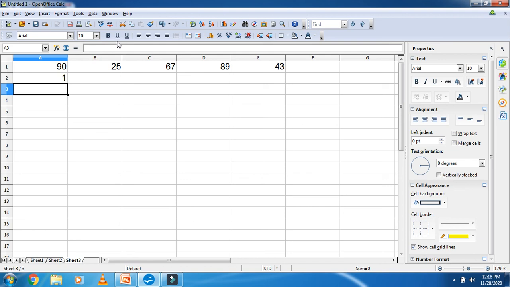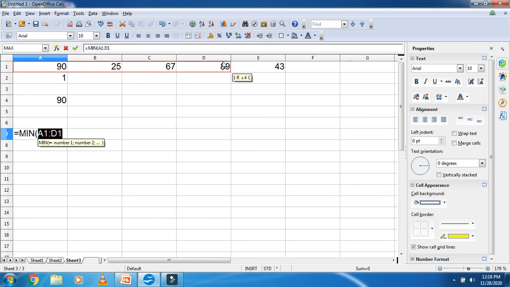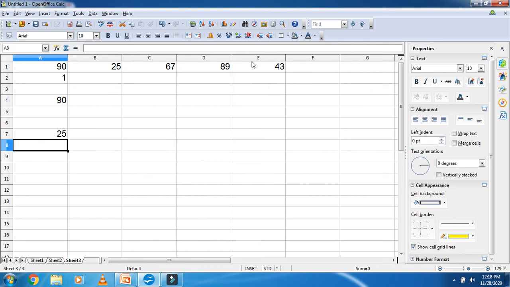Now your next function is maximum. The max function can take up to 30 arguments. Suppose you want to find out, students, the maximum number among the cells, for that you will write the formula equal to max and then select the cell range, after that bracket close and enter, then you will get the maximum number. Same for the next function, that is minimum. You will write the function name, that is min, after that you select the cell range and close the bracket, after that you will get the minimum number.